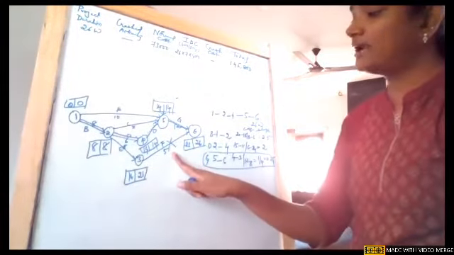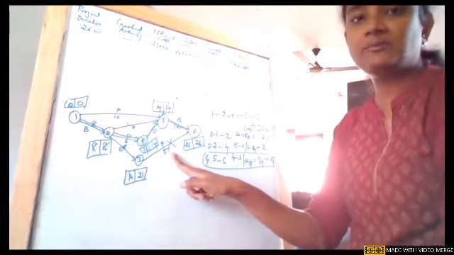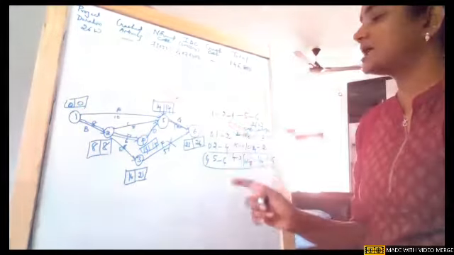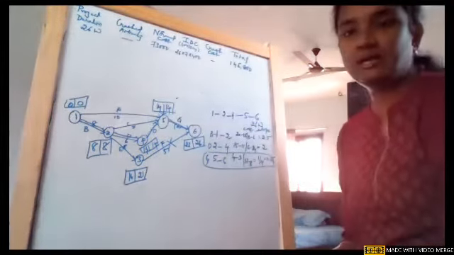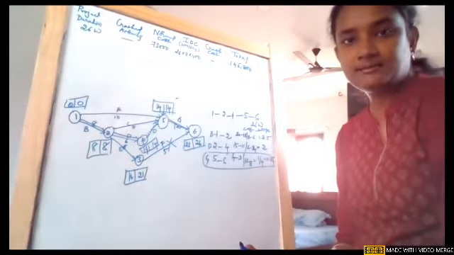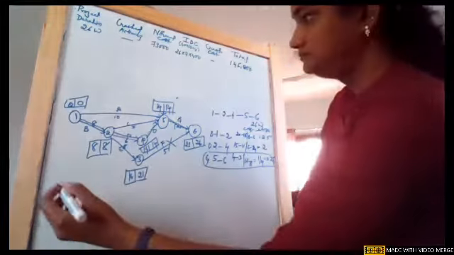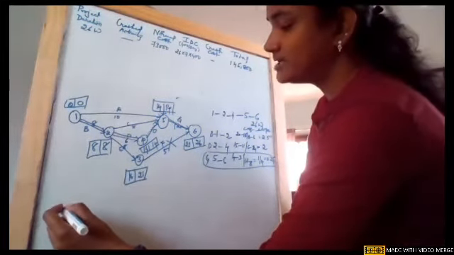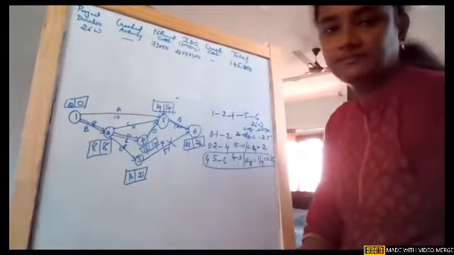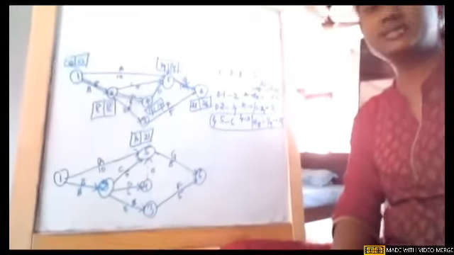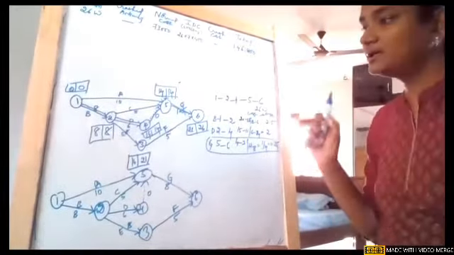Now we identified a crashing activity. After this, we need to check how the cost will be modified. Okay, girls, fine. So I'll just draw the network again. I'll draw the network first and then I'll get back to you. Okay, girls, so this is our new network which we formed.